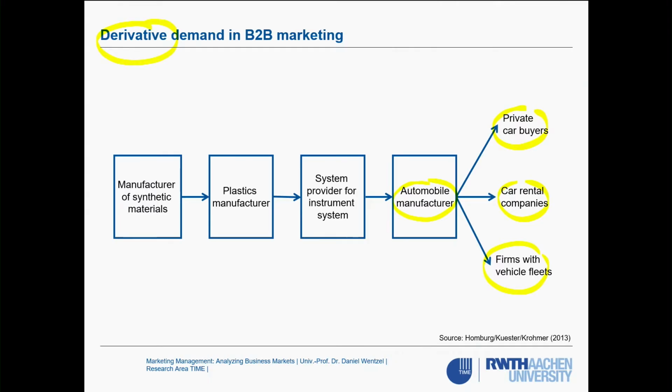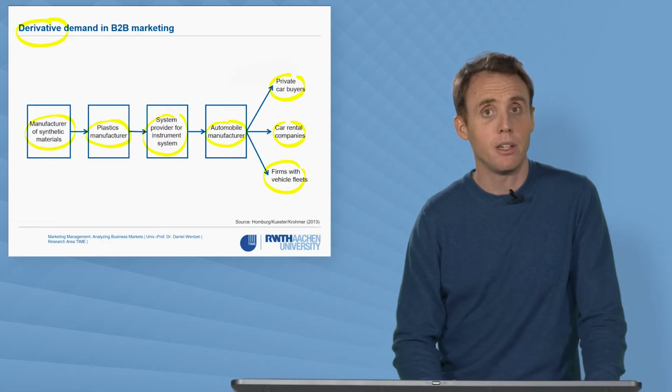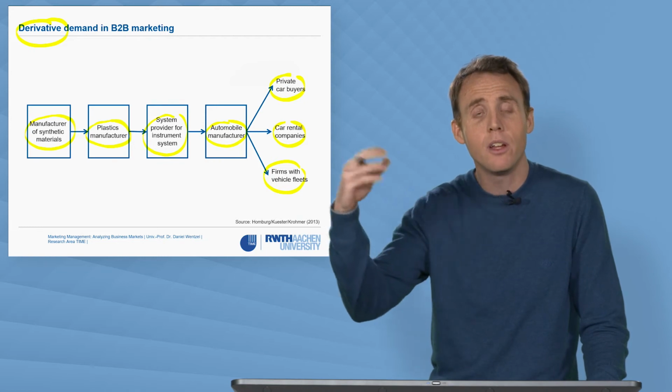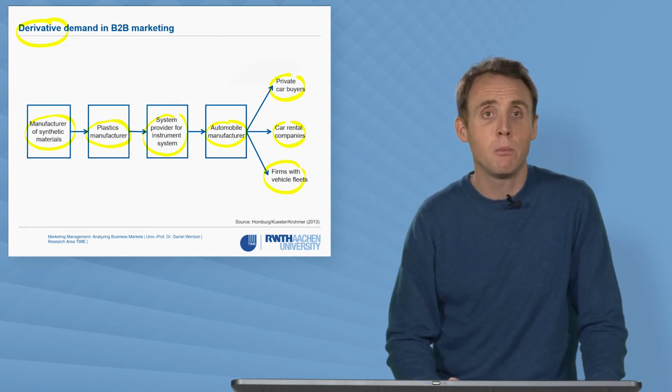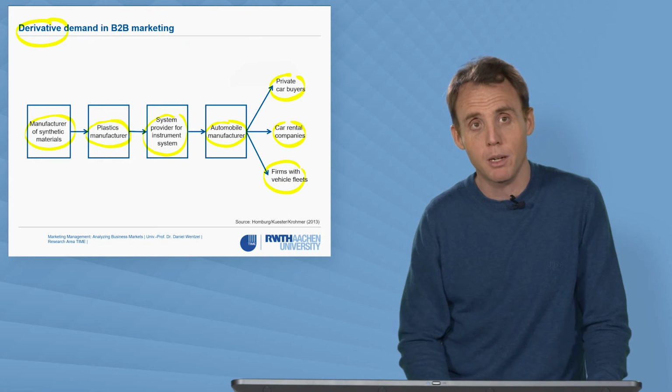They may be talking to a company like Bosch, which acts as a system provider for an instrument system. Obviously, Bosch doesn't do everything by itself. Assuming the system is made out of plastic, they will buy the plastics needed for constructing the systems from a plastics manufacturer. That manufacturer in turn will need to source the raw materials, the granulate, from a different company. All of these companies work one after the other to create value in order for BMW, or for us, to be able to drive a BMW.